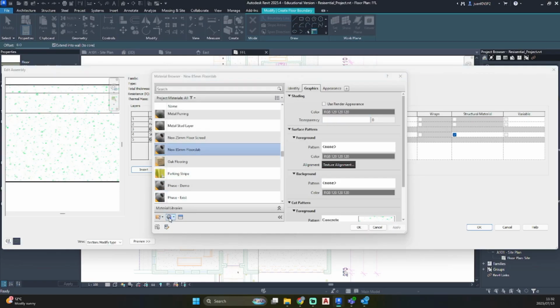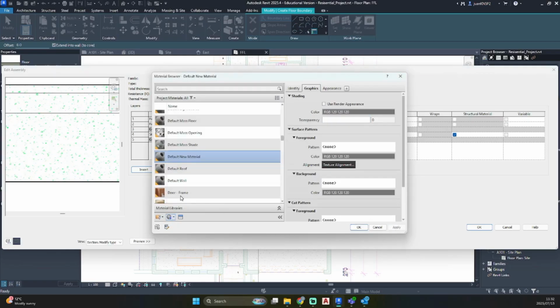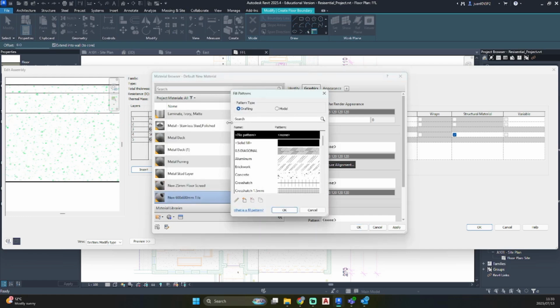So now let's create our floor finish. So let's go again, create new material, right click on the new material, rename. Let's call this new 600 by 600 millimeter tile. So this surface pattern we will see. So let's click on the foreground. You'll see there's a drafting and model section.